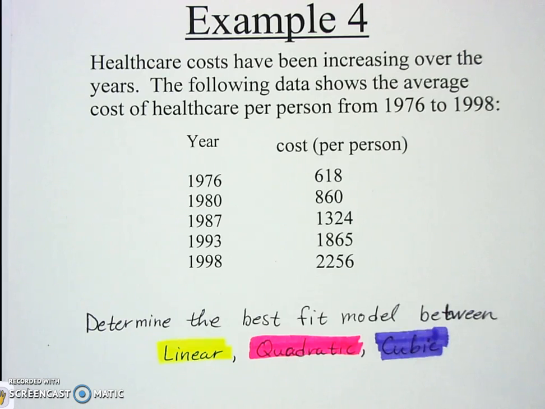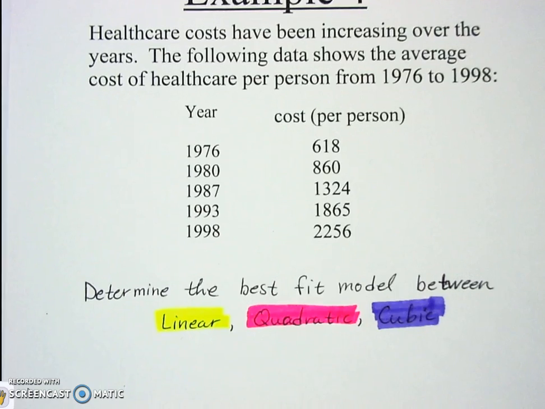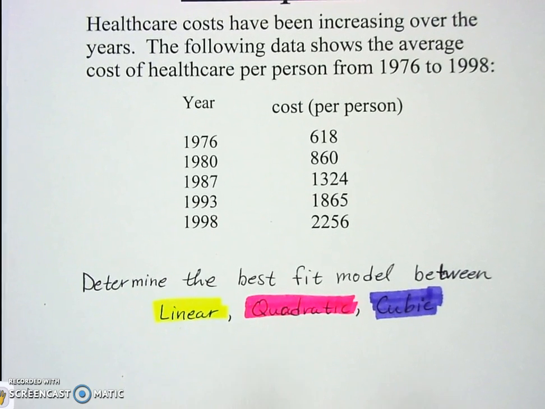Now, example 4 is talking about healthcare, and healthcare costs have been increasing over the years. The following data shows the average cost of healthcare per person from 1976 to 1998. So here are years and this is the actual cost. And we're going to determine the best fit model, or the best fit line, between linear, quadratic, and cubic